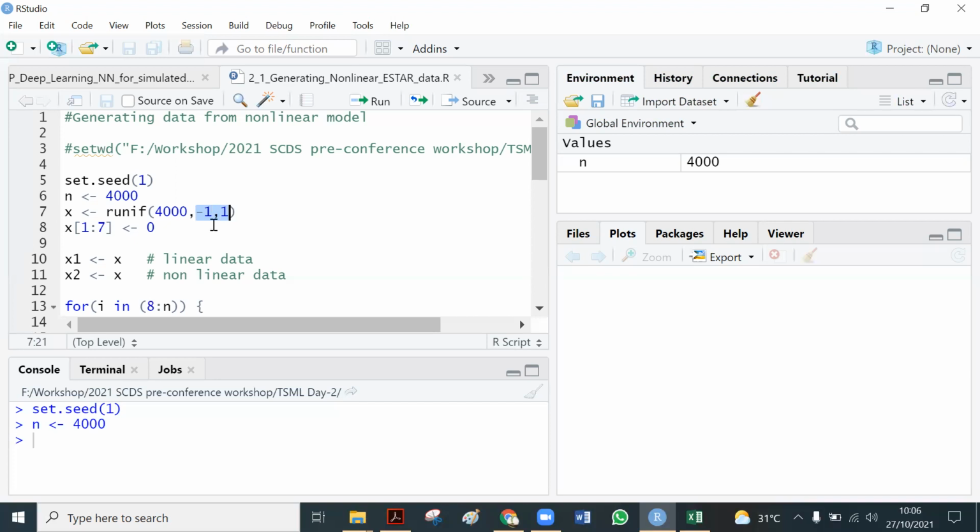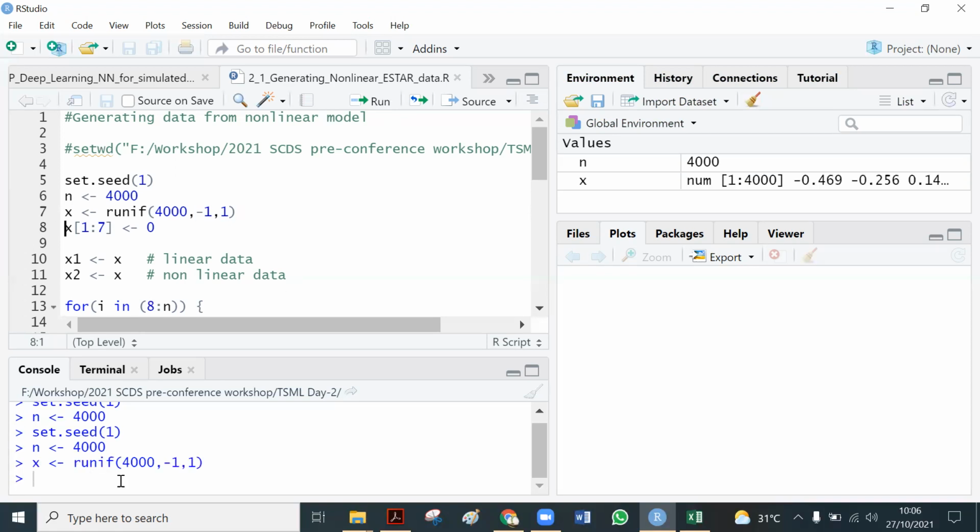Okay, then we make the first 7 observations become 0. Let's check that. Now we have 4,000 generated data, and now we see how the data looks.